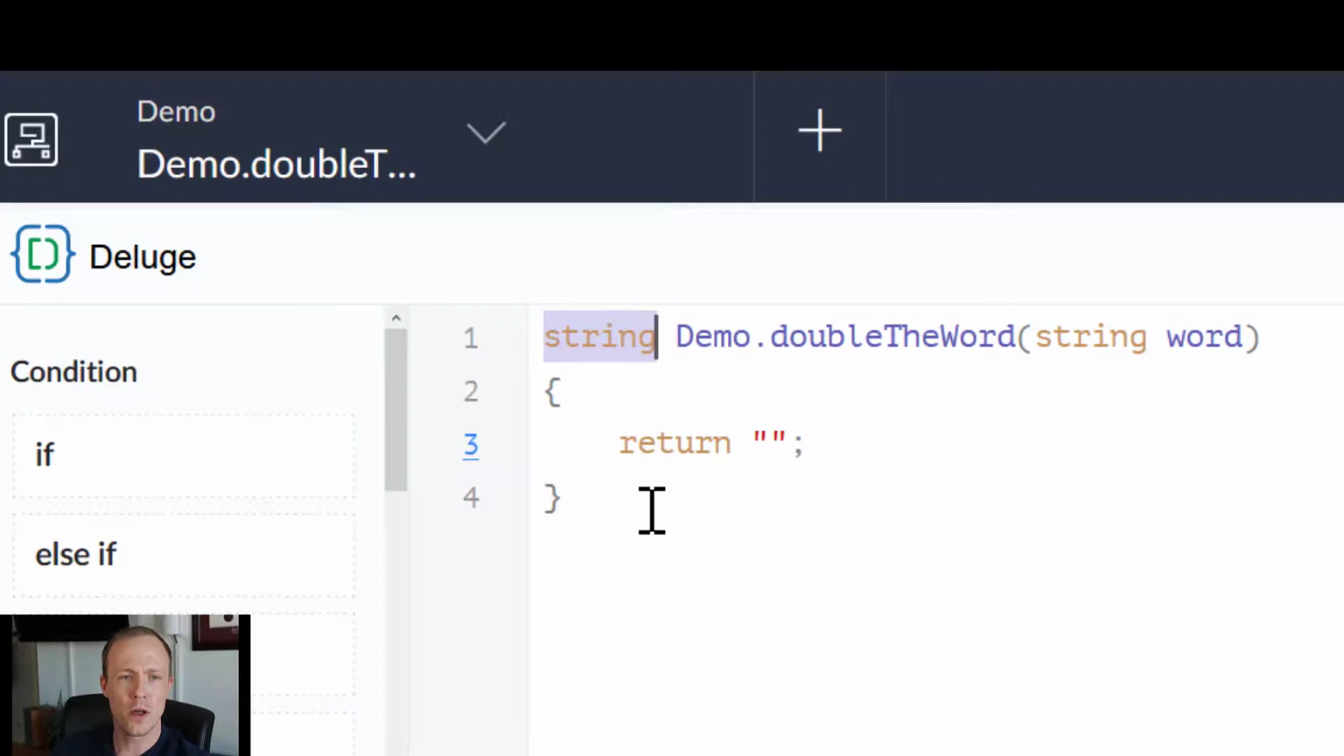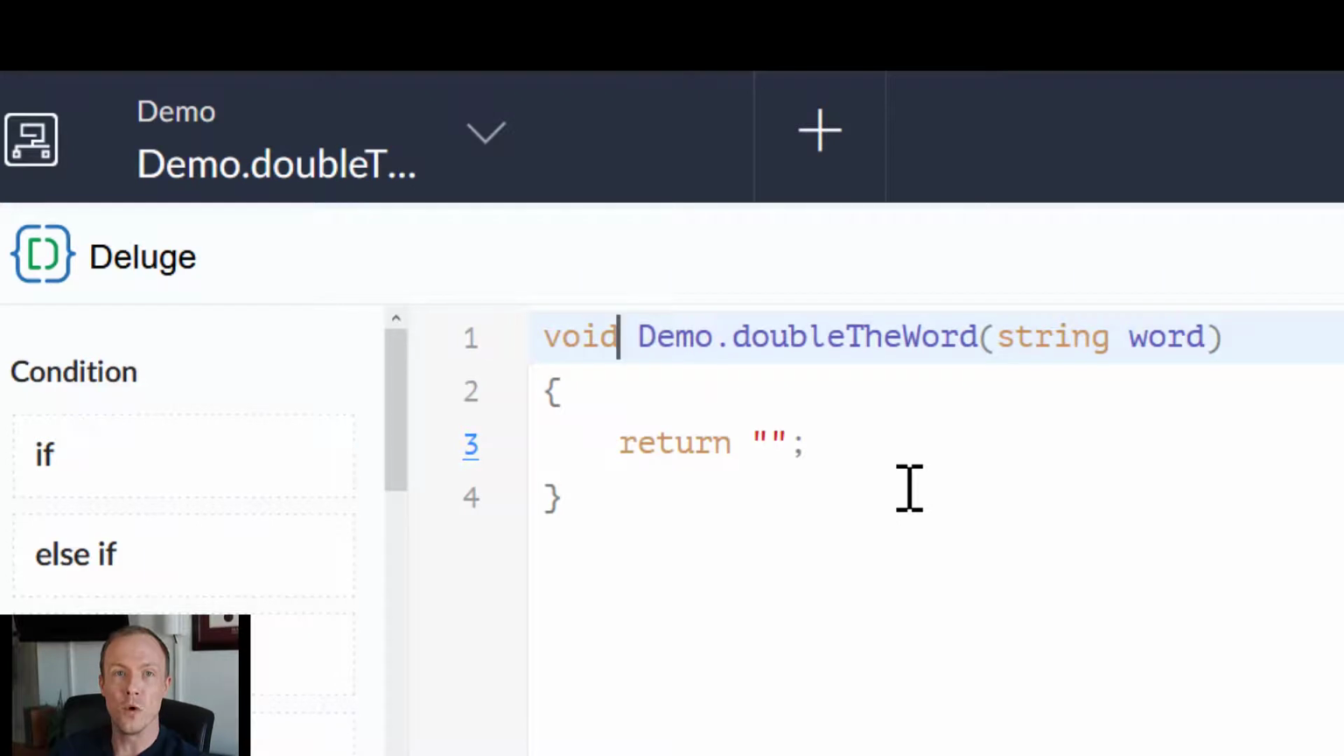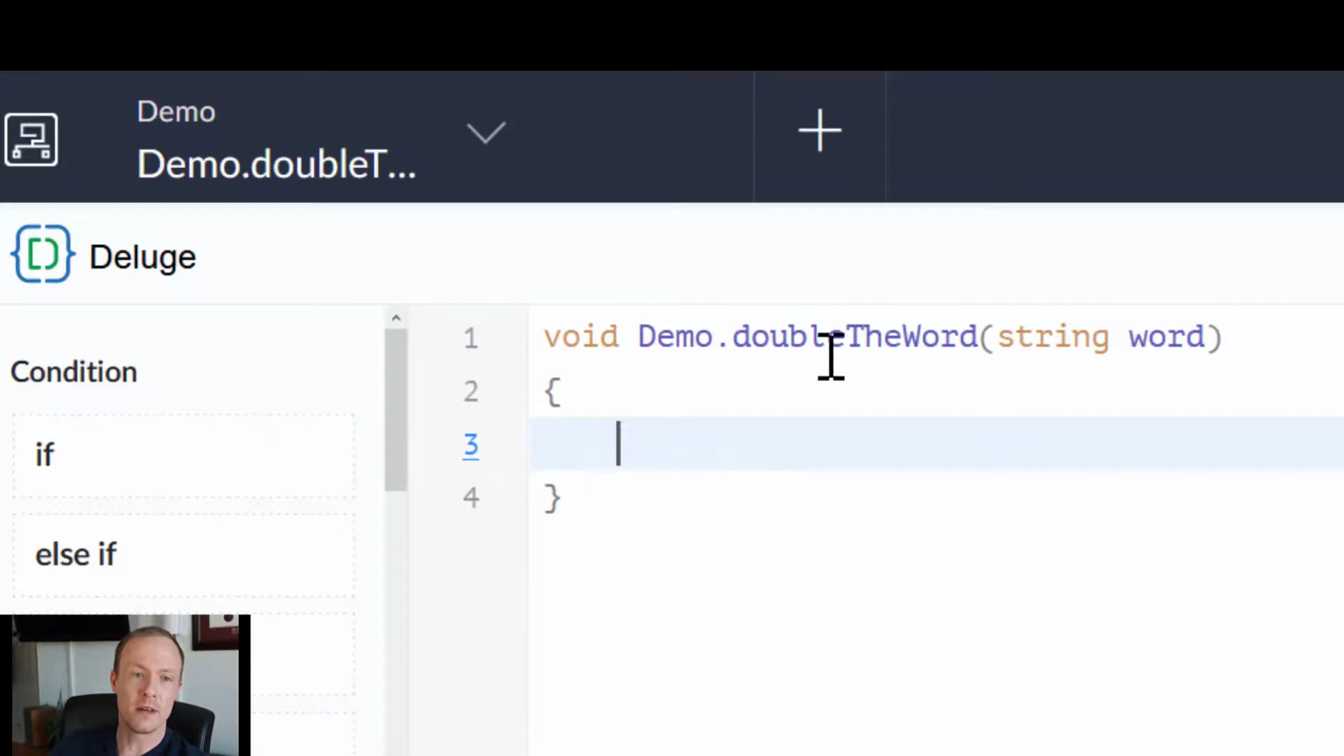So the first word we see here is the return type. So as we've said before, we want to return a word, which is a string. We can also do void, which is nothing. And if I push save, we could say void function cannot return any value. So you just do that, save it. But this is to show that